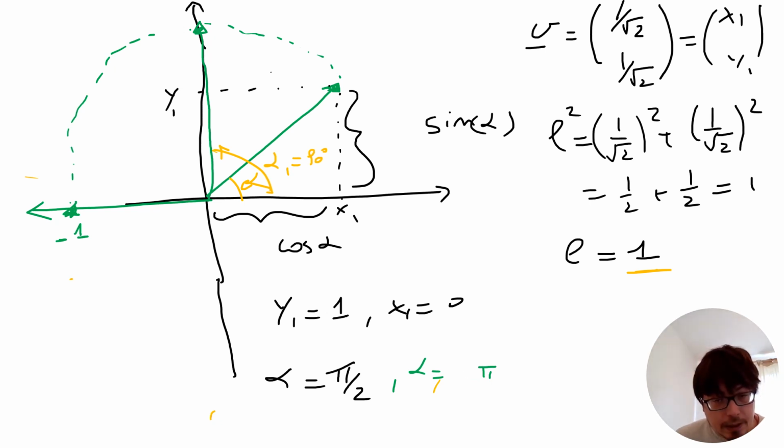This is 180 degrees, so it's pi. And then we rotate again by the same amount, always 90 degrees, and we get, in this case, y is -1, and then we go back to here, it's 1,